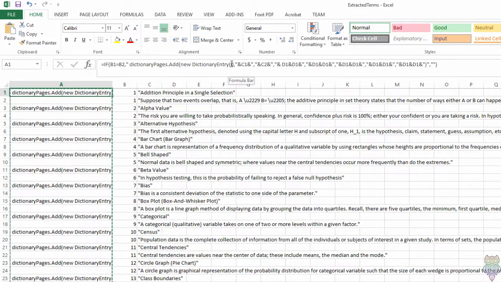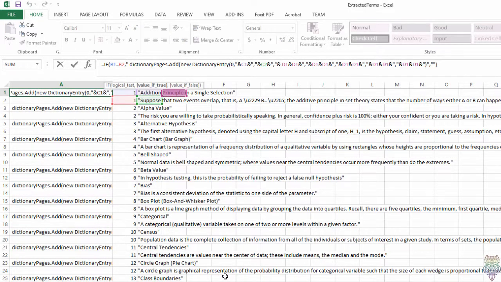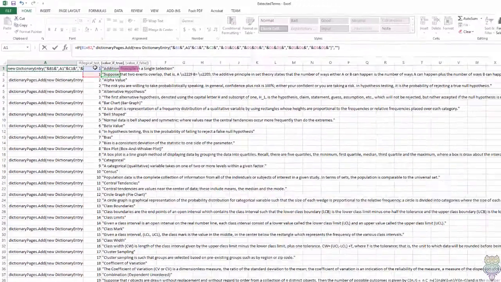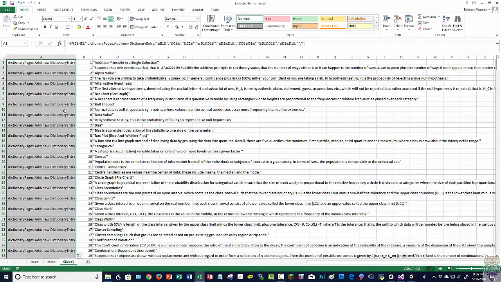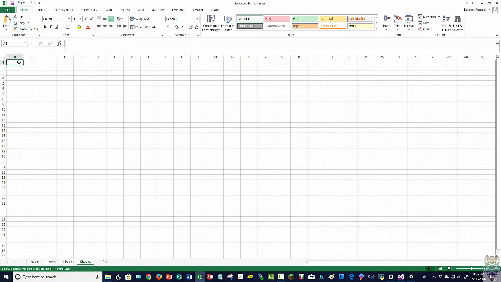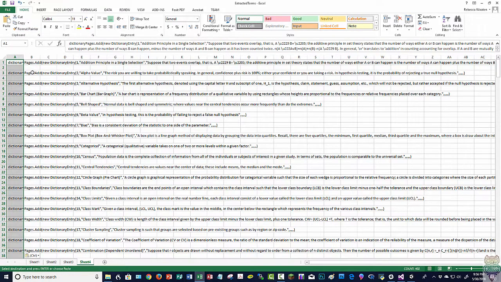So instead of 0 here, it should read I think I got it. Alright, let's try it. So we're going to copy this, go to another worksheet, paste just the values, and now